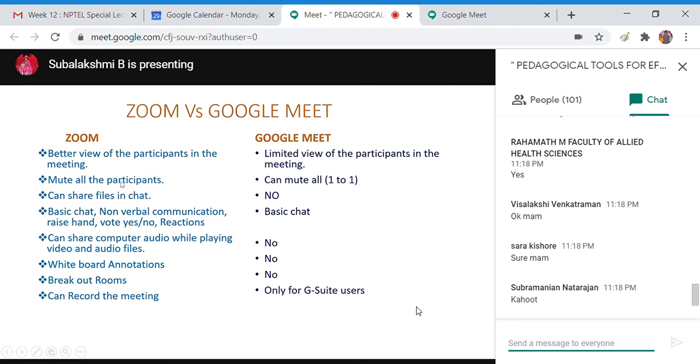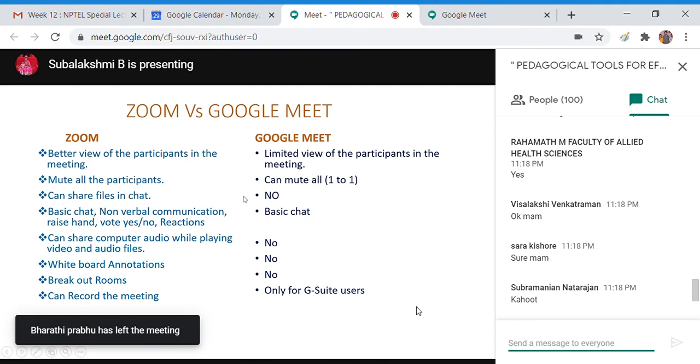Zoom offers a special feature to mute all the participants. We have already seen that here. If you click mute all, all participants will be muted. But in Google Meet, only one-to-one muting is available. And in Zoom, we can share files in chat, as I showed you in the chat window, where I shared a file in my meeting. But in Google Meet,